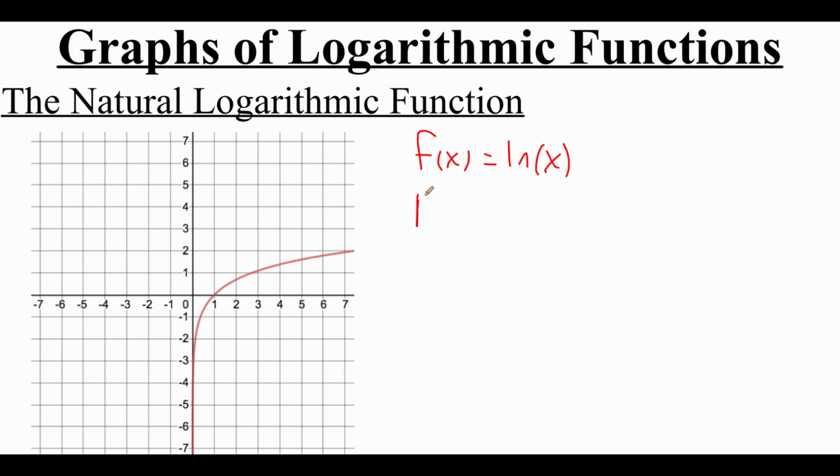Now as far as the domain of our function, we cannot evaluate negative numbers. So the domain for this function is going to be from 0 up to infinity. And the range of our function is going to be from negative infinity up to positive infinity. It might look like this line is starting to level out, but it does keep going up forever and ever